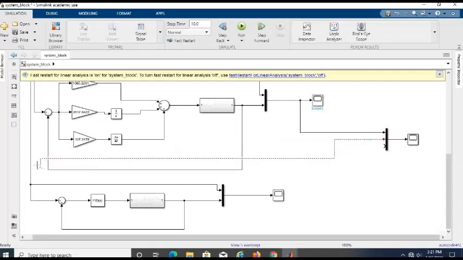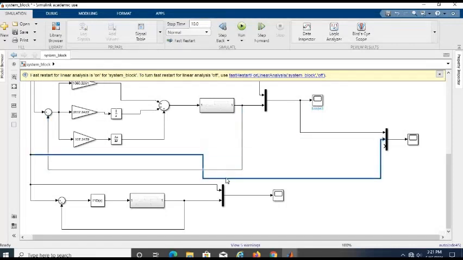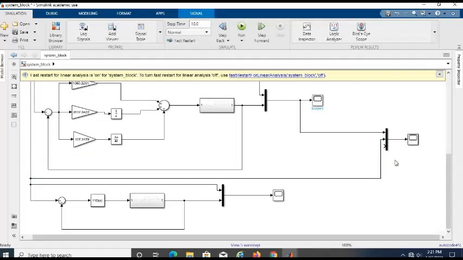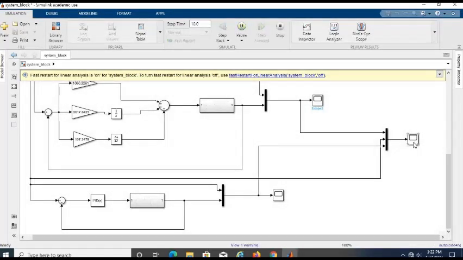This is for input, and it is for auto tuning. We see what happened.